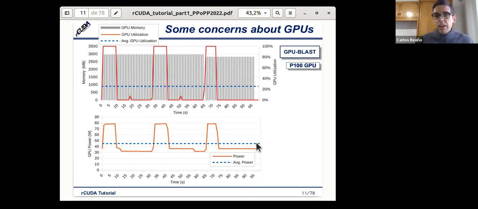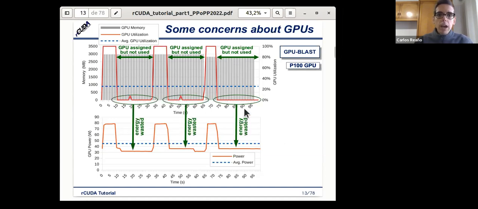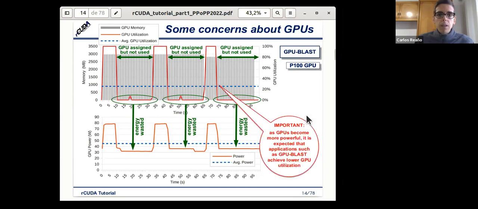And this highlights what we were mentioning in the beginning, that even when we don't use the GPU, we are consuming energy. So, as I have mentioned, we have times here in which the GPU is assigned but not used, and during those periods the energy is still being consumed.